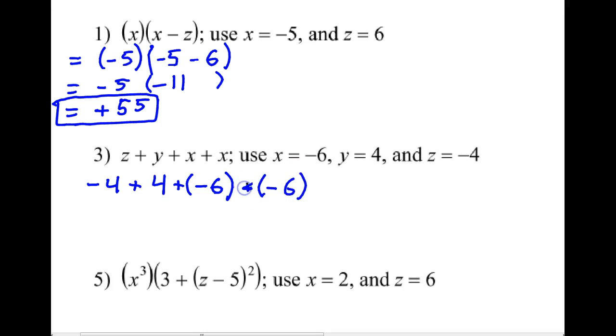By the way, you can use a calculator for anything in this class. Most of you already have a scientific calculator, so homework, tests, quizzes, final, you can use a calculator. If you're not a friend of fractions, get a calculator that does fractions, and you don't have to worry about missing any algebra problem because of arithmetic. Okay? It can't be your phone, honestly, if you're taking a quiz or a test. So if it's homework, doesn't really matter, but for a quiz or test, you've got to have your own.